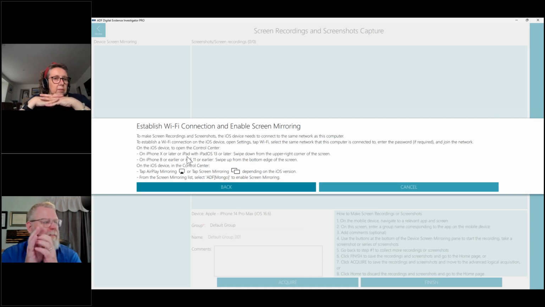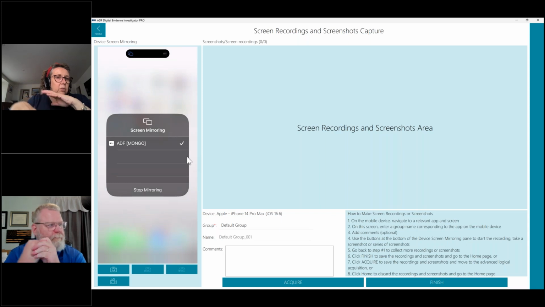Other phones, other devices, you've got to swipe up. And once you've swiped down or swiped up, you open the screen mirroring window, you connect to the computer that you've got the phone connected to. Rich's here is called ADF Mongo. I don't ask why. And that's it.